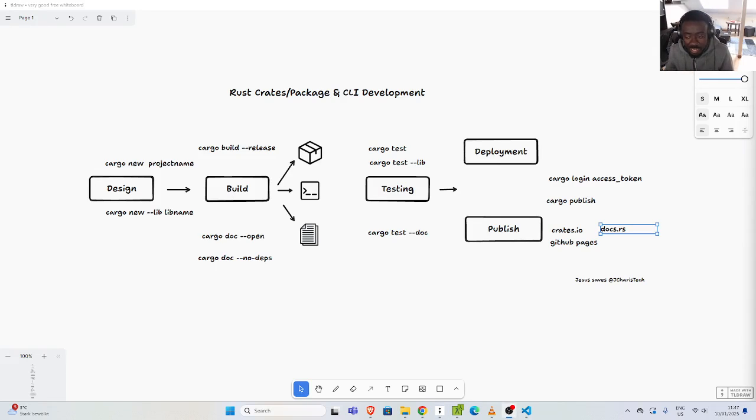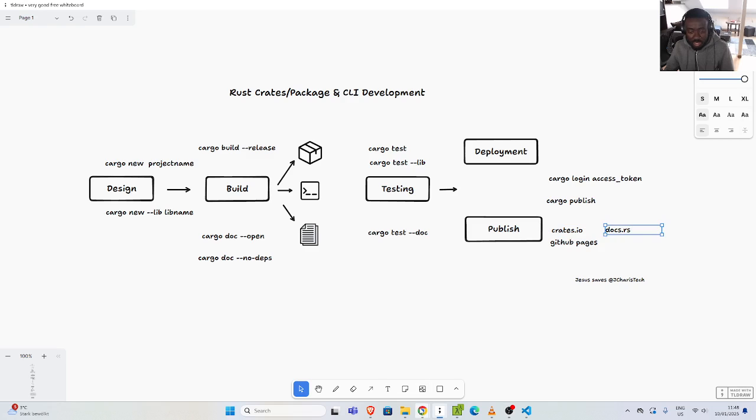My name is Jesse, and in this tutorial on designing and creating a Rust crate or package, let's see how to publish your package to some places. This time we are talking about the documentation for our package, not the actual code. There are two places you can push your documentation. The first one is crates.io. Anytime you put something in crates.io, the documentation is going to be found in docs.rs,